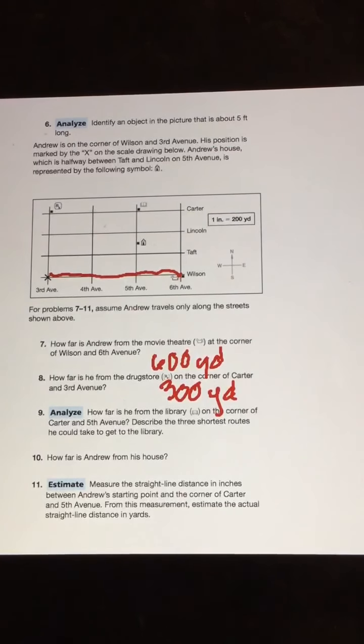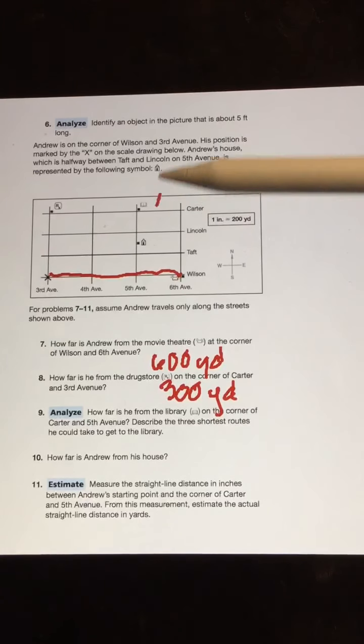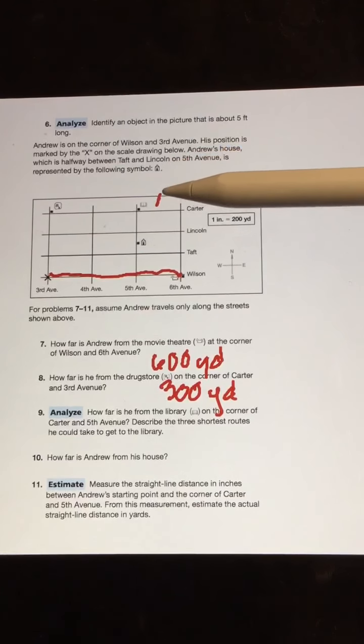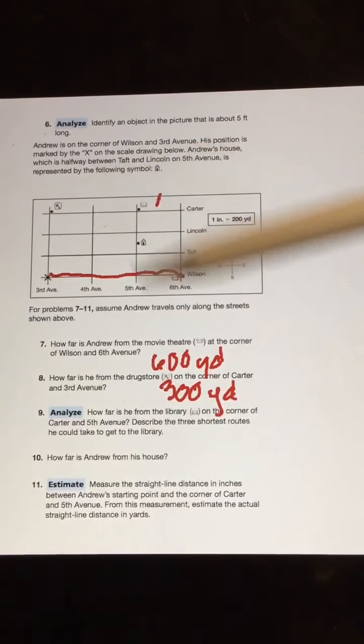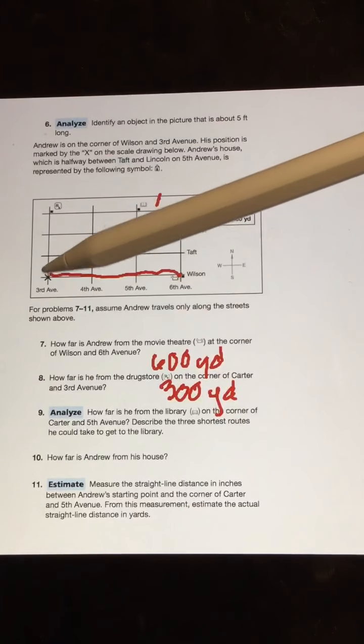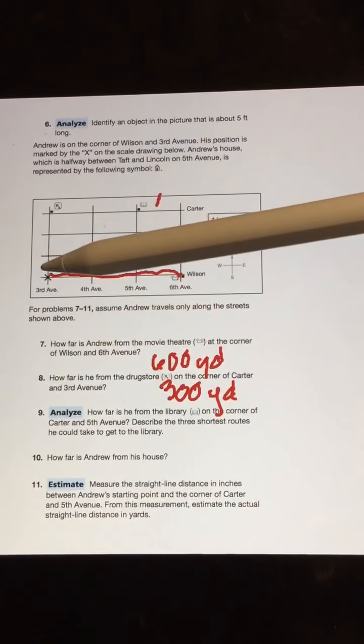All right, the next one, we need to see how far he is from the library. Library is up here on the corner of Carter and 5th Avenue. So we need to describe the 3 shortest routes he could take to the library. So as I'm looking, he could go, I'm going to change my color. All right, he could go